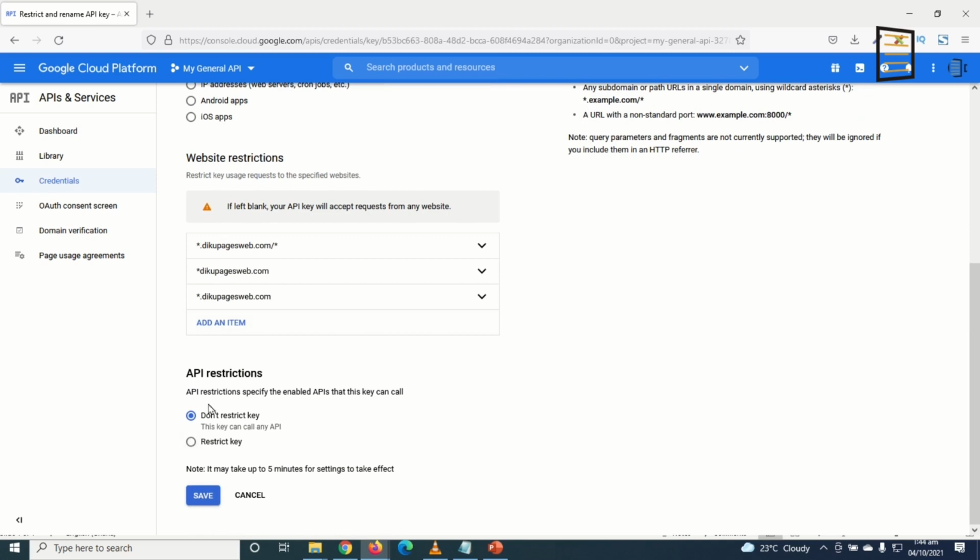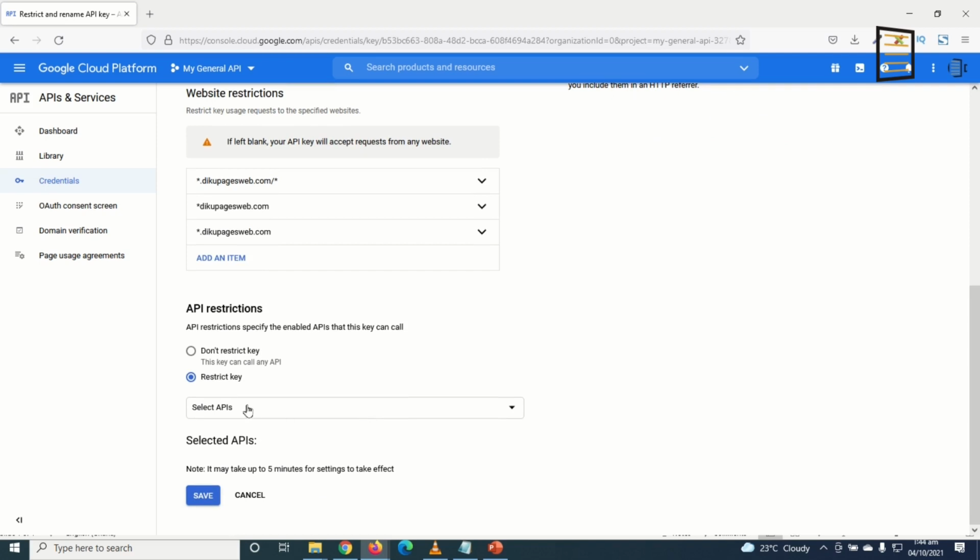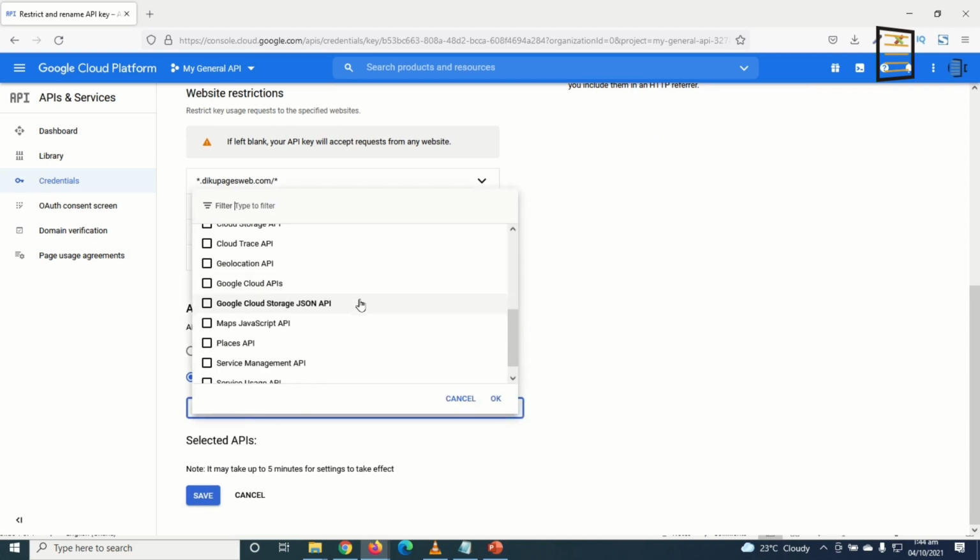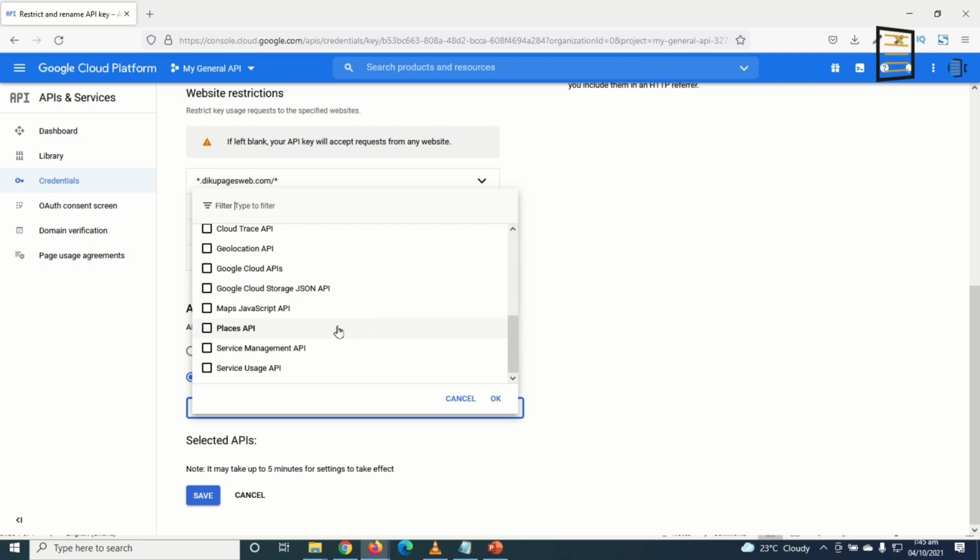Now I scroll down, API restrictions, I choose restrict API key, and I'm going to restrict it to some particular features. First of all, I'll need Maps JavaScript API, Places, and maybe Geolocation. For my purpose, these are the three things I will need. You can choose whatever services you require, and this will have to be according to your needs. But for all what I've selected, if you want to display just Google Maps on your web pages, these are the three features you need.